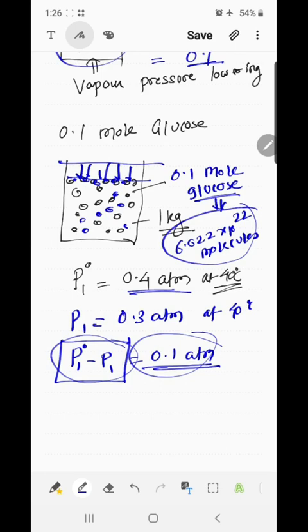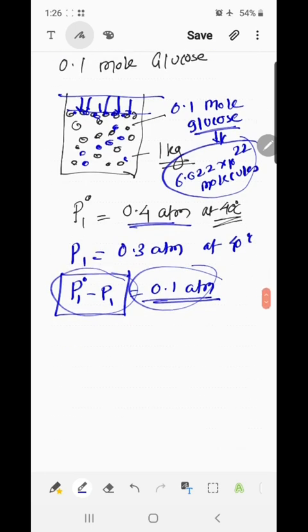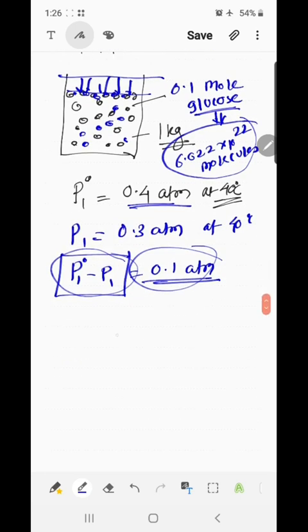So whatever vapor pressure is lowered, the vapor pressure lowering is the colligative property. Okay class, so now let us discuss what is the meaning of relative lowering of vapor pressure. So P01 minus P1 is called as the vapor pressure lowering. So if I divide this vapor pressure lowering again by vapor pressure of pure solvent,